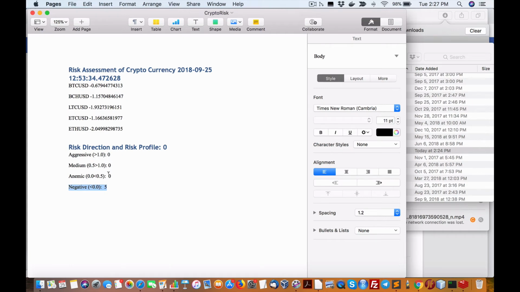But eventually, over a few hours, some of these cryptocurrency pairs will start to move out of being negative and to zero, and a good chunk of them will be in between the range of 0 and 0.5%. So it's anemic, and if there's enough momentum, and there usually is from what I've been testing, it starts to pick up what they call escape velocity, meaning that if the momentum of the overall asset class is starting to move up,